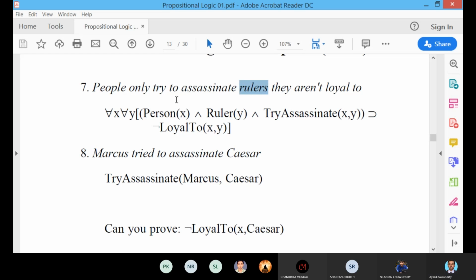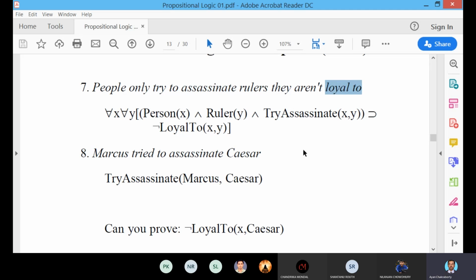Now, try to assassinate, this is a function. And loyal to, that is also again a function.